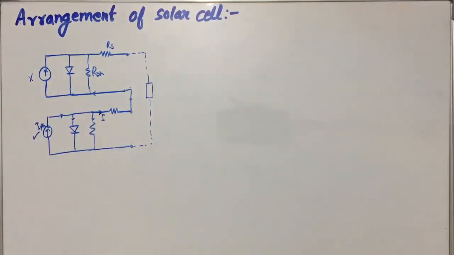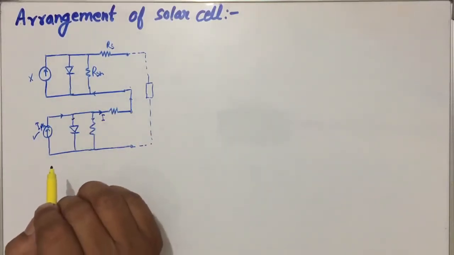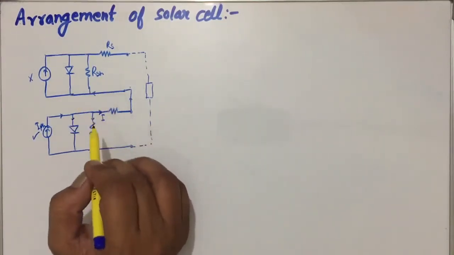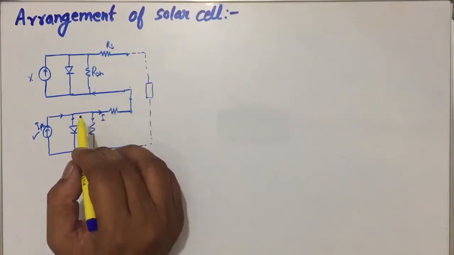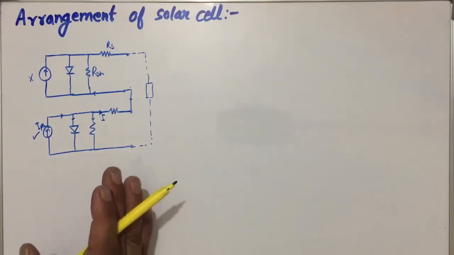So what can we obtain? In this condition, the current is not allowed to pass through this. So what will happen? If current is not passing through this, and out of many cells connected in series, if any one is shaded out, then the full system will be affected. So in this way, performance will be drastically reduced.